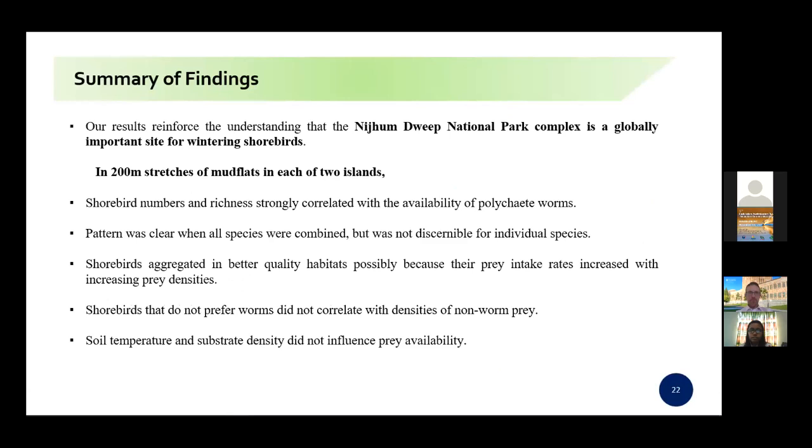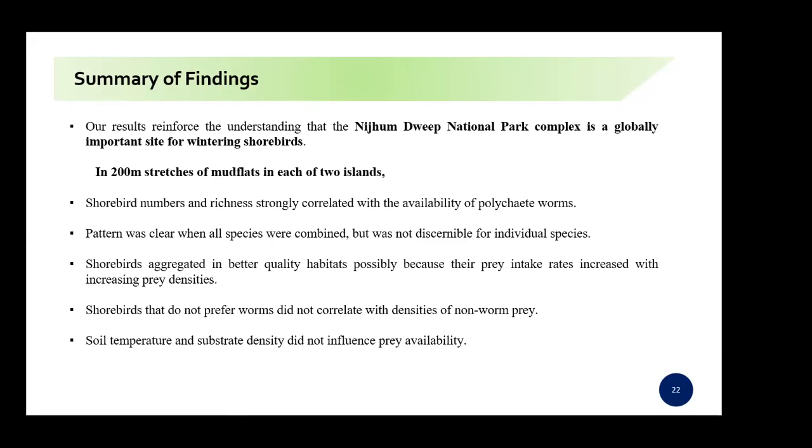Our result reinforced the understanding that this site, Nejomdir National Park area, is globally important for wintering shorebirds. As we look at the smaller stretches, in the smaller 200-meter stretch, we found that shorebird numbers and richness strongly correlated with the availability of polychaete worms. The pattern was clear when all species were combined, but was not at all similar at the individual species level. And shorebirds aggregated in better quality habitats, possibly because their prey intake rates